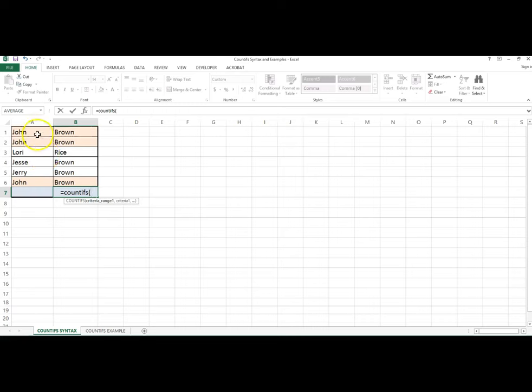Our first range is A1 to A6, and our criteria will be John. Our second range, B1 to B6, and that criteria will be Brown. And there are 3 occurrences in the range that have John in column A and the word Brown in the